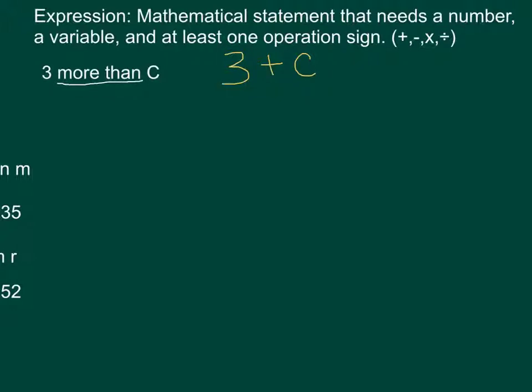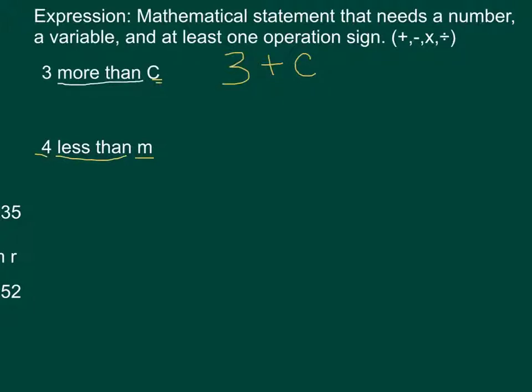Notice there's no equal sign there. Notice I don't know what C equals. And it doesn't matter because all we're doing is simply writing the expression. You don't have to always solve it. And I know that's hard to get by with. You can also have 4 less than M. 4 is your number, M is your variable, and the words less than is going to tell you which operation